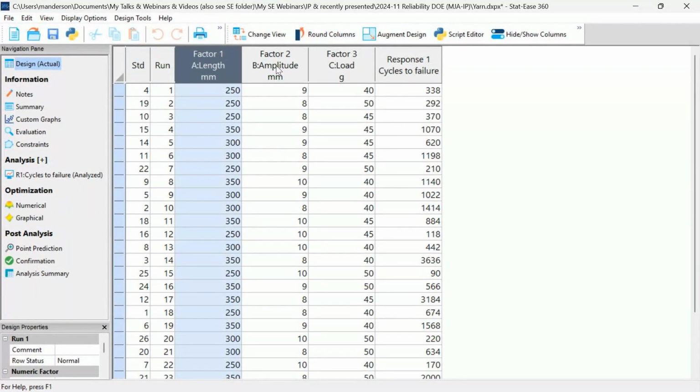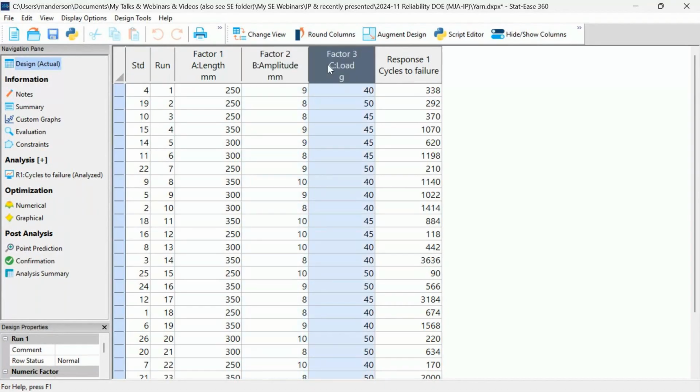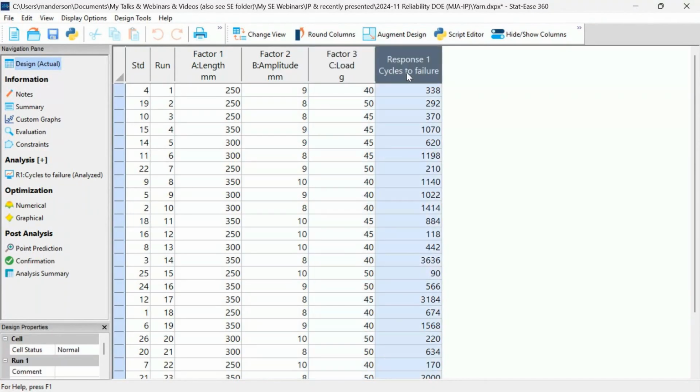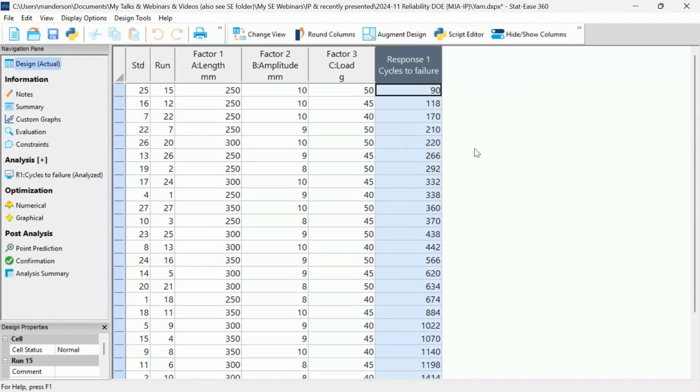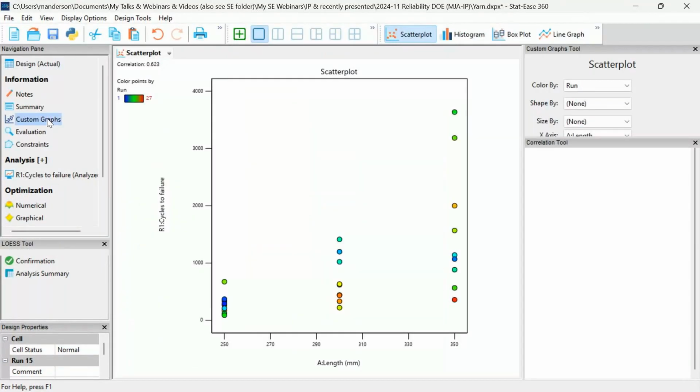And you can see we're looking at 3 factors: the length of the yarn, the amplitude of the cycle that was applied to it, the load that was put on to try to break the yarn, and then finally cycles to failure. Now here, if we look at this in descending order, we can see that they were able to get failure on all the yarns. Of course, if this had to be censored or truncated, that would push you back into the question of perhaps using the Weibull regression. But in this case, I think using the ordinary least squares,